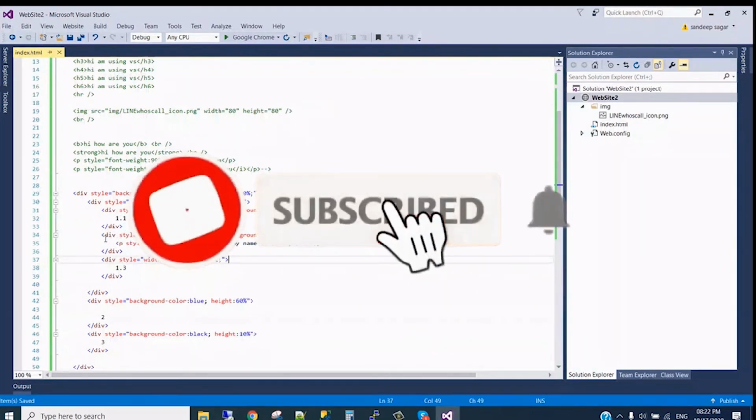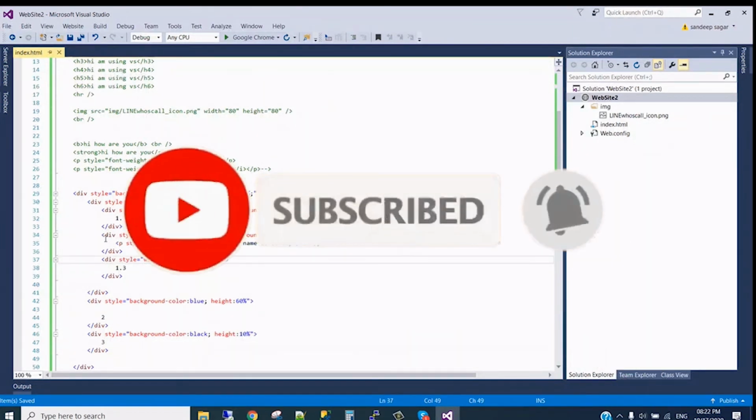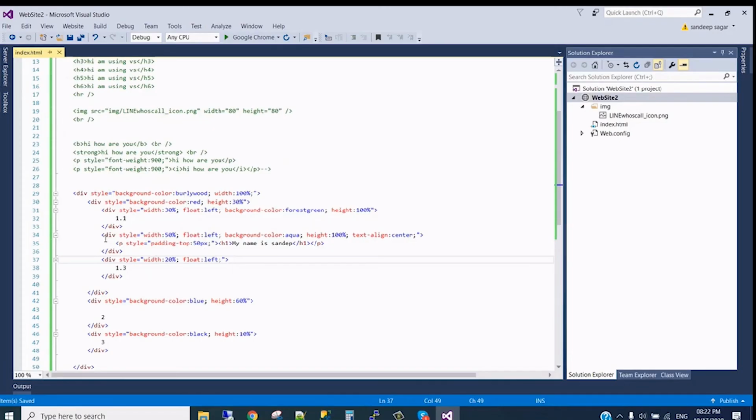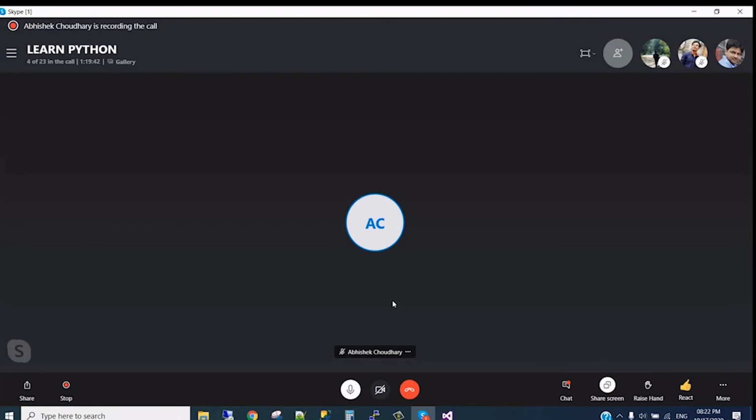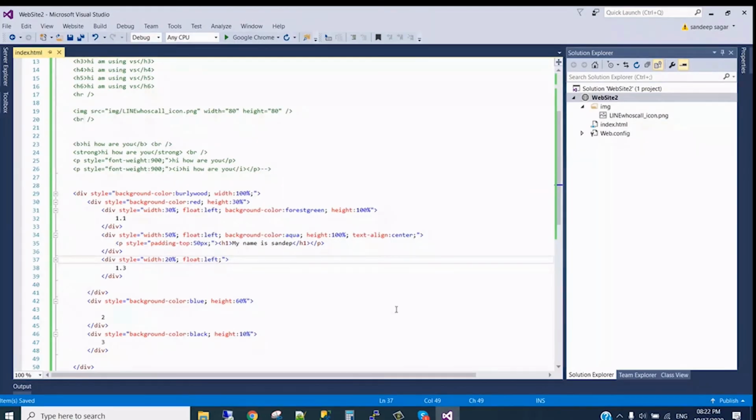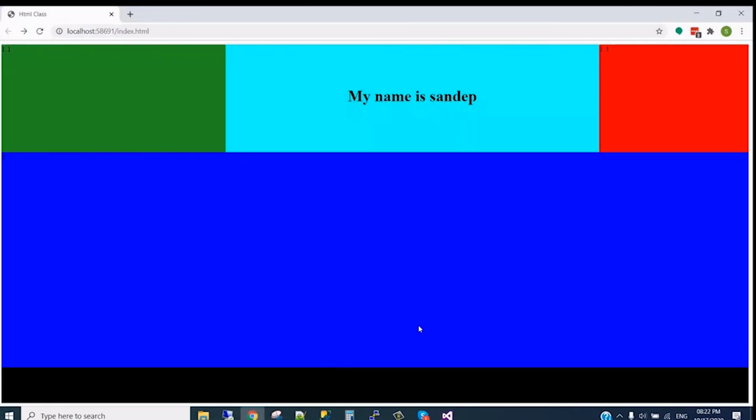But if we do the padding of the div, the div will move down 50 pixel, while our requirement is to move the text, not the div. So we will give the padding or margin according to the requirement of a paragraph or any text tag. Okay, any question up to here? No, this is clear so far.